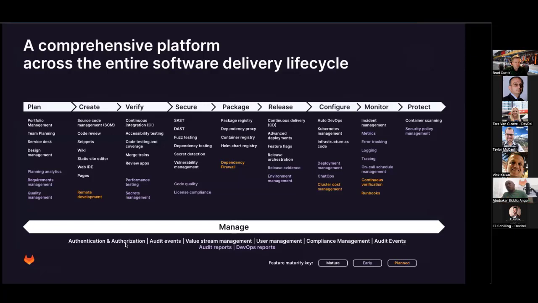Now, I've only mentioned a few of the features that GitLab offers, but on this slide, you see the entire set of features that we provide to cover the entire software development lifecycle, from planning to create, verify, secure, package, release, configure, monitor, and protect. So not just down to production, even after production, GitLab still enables you to support your application, understand what your application is doing, and start the whole process